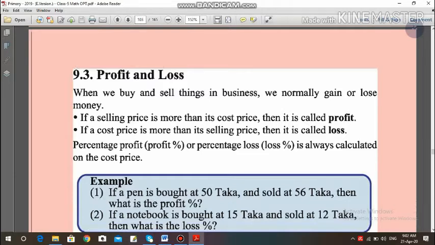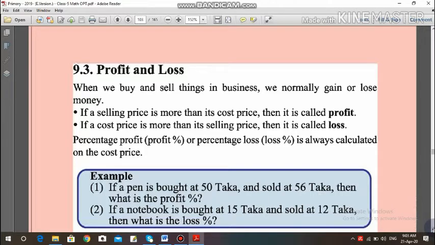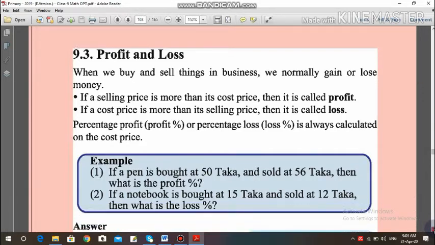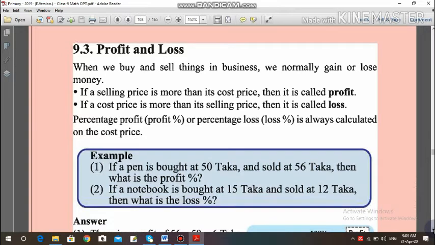I am fine. Now we started our third class about profit and loss. Chapter 9, profit and loss. It is very much important for your PC exam. Now you open your CW copy. You must write something which I underlined. When I underlined a line, you must write it in your CW copy.